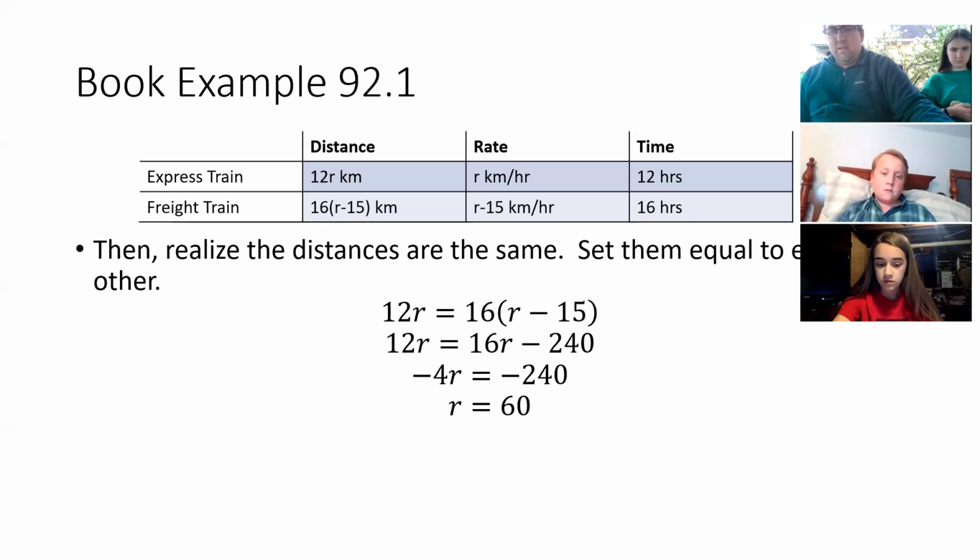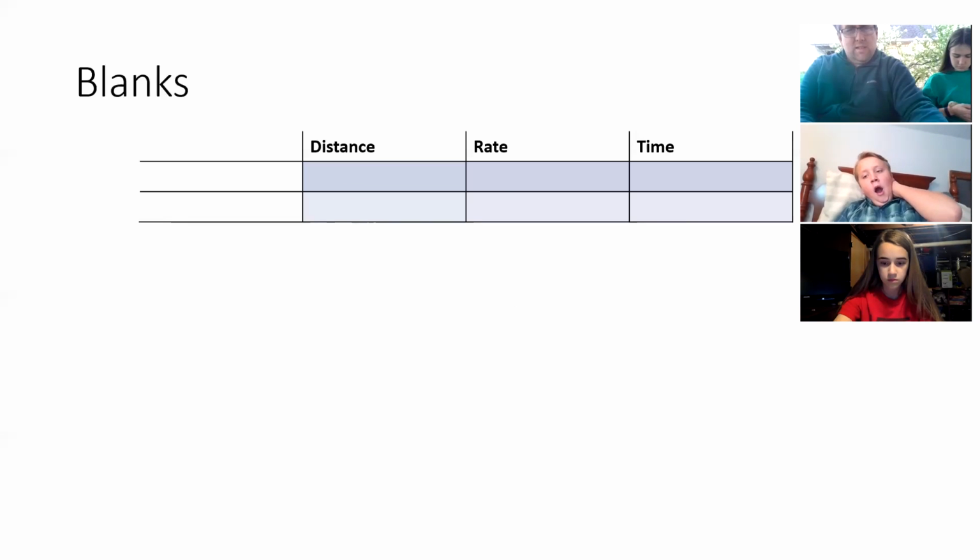Any questions? One question. Why is it subtract 15? Because it says here, the freight train was 15 kilometers per hour less than the express train, the rates. So you have to take away 15. Okay, now let's do